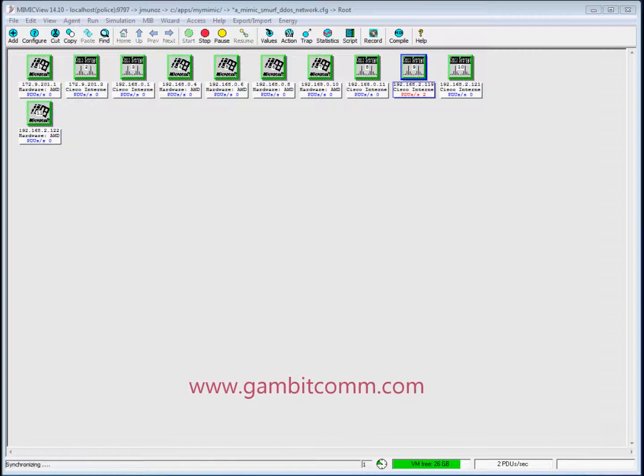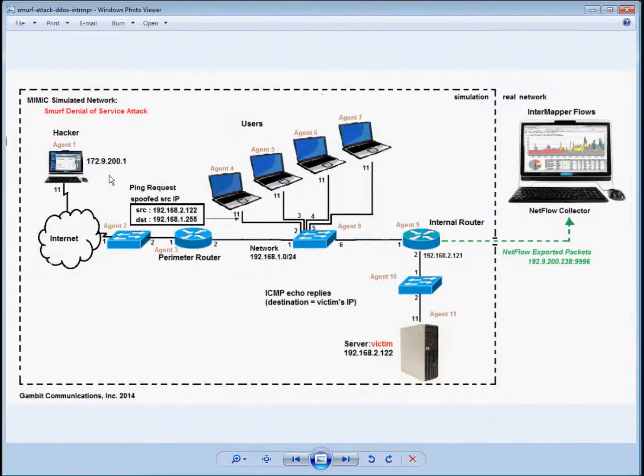In this video, we will demonstrate a Smurf DDoS attack. In a Smurf attack, the attacker sends a large number of ICMP packets with the intended victim's spoofed source IP address and are broadcast to a computer network using an IP broadcast address. Now this causes all hosts on the network to reply to the ICMP request, causing significant traffic to the victim, which in this case is the server at IP address